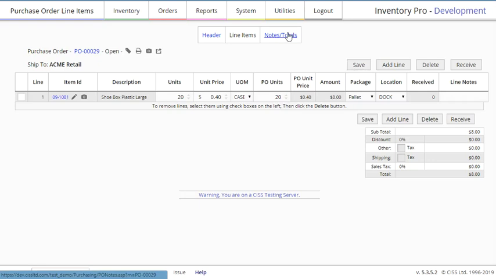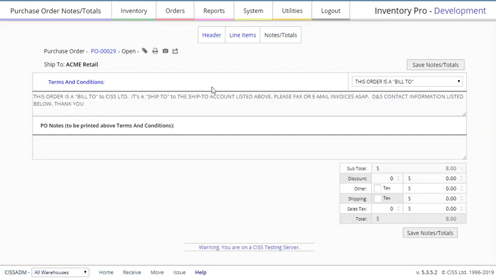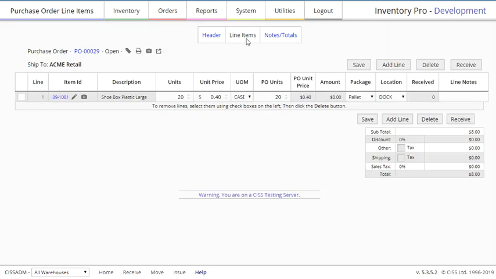Then we can go to the Notes and Totals page. Here we can see our terms and conditions, and any notes that we put in on the header page. We can also change our discount and sales tax percentages, and also alter our fees and whether those fees are taxed or not. Once all this information is set, we go back to the line items page to finish our